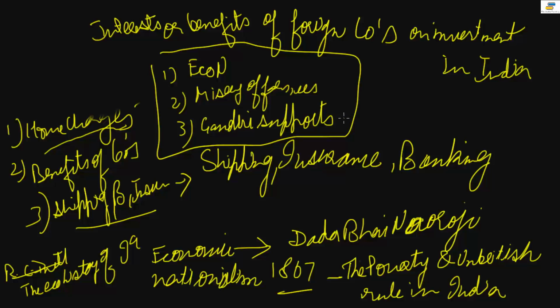And how do we say that? Because if we talk about the salt issue, that is a proof of it, that Gandhi was supporting it. Okay, so this was mainly about the drain of wealth theory. And now, before I explain to you about all the systems, all those khatbandi and all, I'll just tell you the conclusion of the whole economic thing, using which you can answer your mains question whenever there's a question on economic nationalism, right? So a few things you have to talk about. All the things I have talked about, you have to summarize them, and in short you can conclude that,